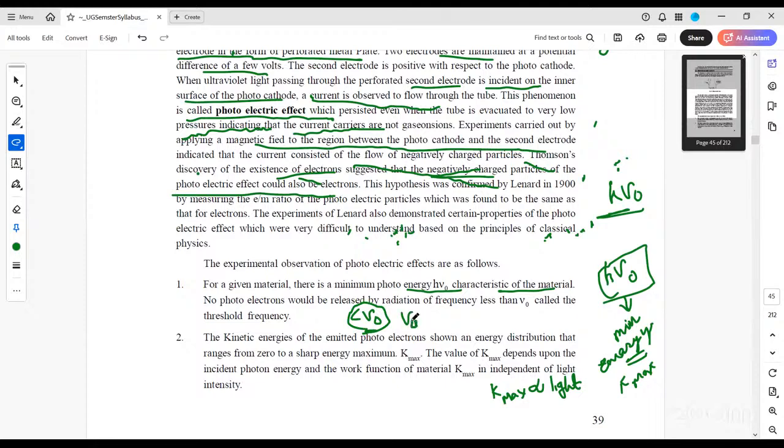That energy must be greater than nu naught. If it is less than nu naught, no photoelectrons are released. That energy, h nu naught, is called the threshold frequency. And K maximum here is